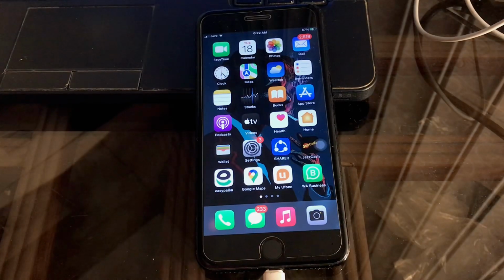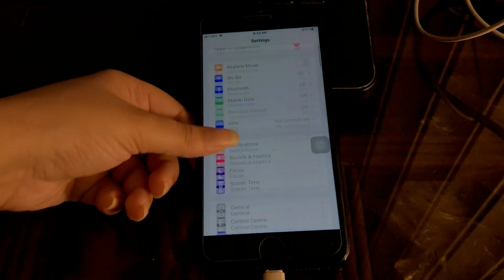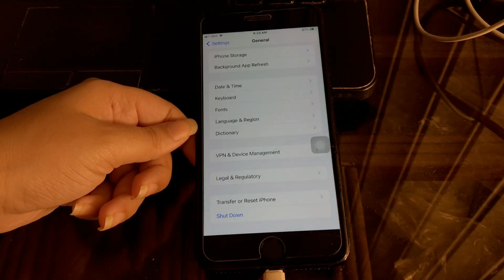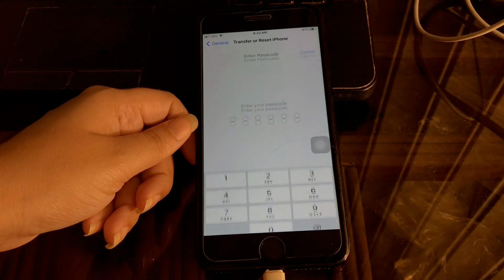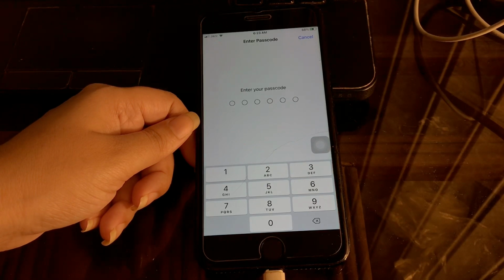And the next step is reset all settings. If any of the settings in the iPhone is changed, then this problem might tend to occur. Detecting which setting is causing this issue is impossible. Resetting all settings is the only way to resolve it. For this, go to Settings, tap on it, scroll down and then tap on General, scroll down to the bottom and then tap on Transfer or Reset iPhone, and then tap on Reset. Here you will see the option of Reset All Settings, tap on it. It will require your passcode, so enter your passcode. Once it is done resetting all settings on your iPhone, check if the fix worked or not,